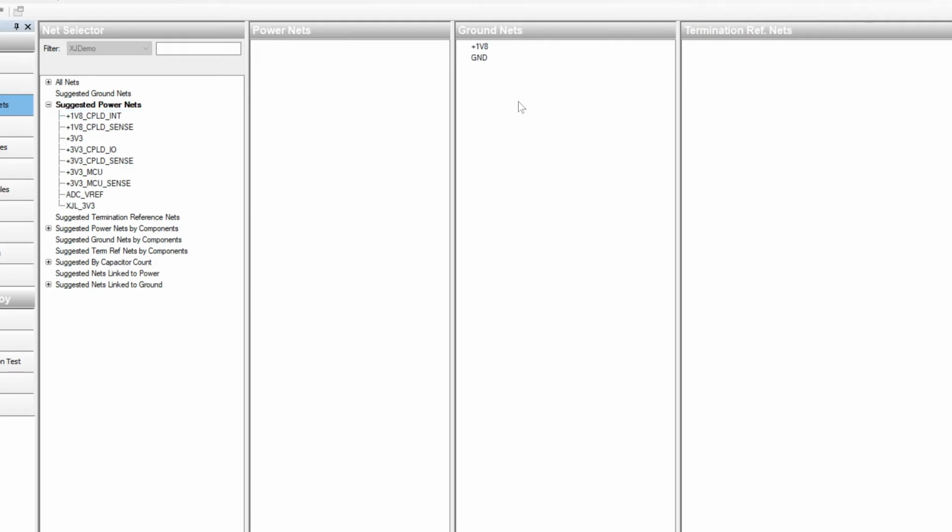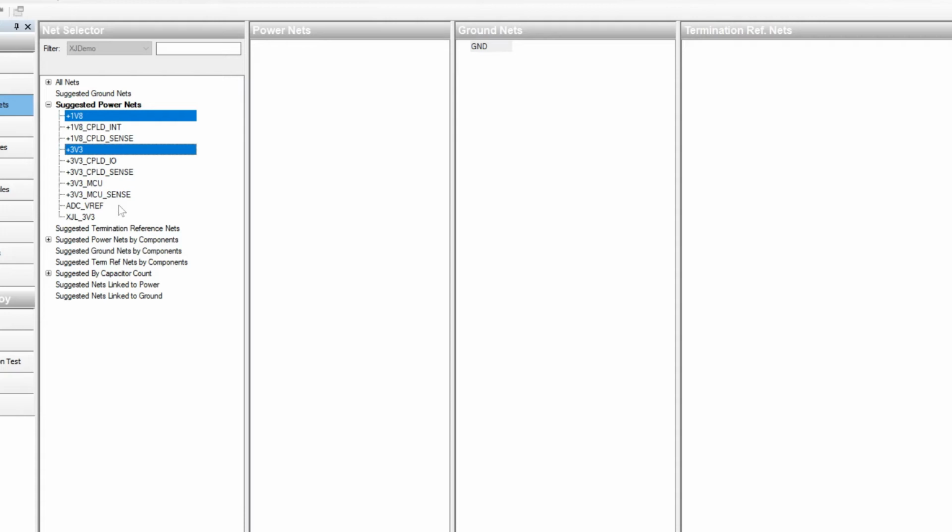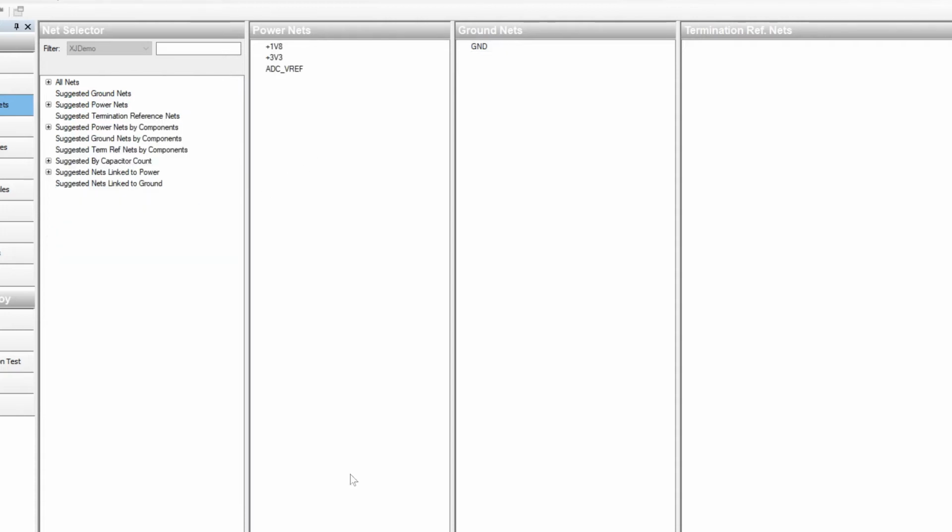If you accidentally put it in the wrong place, just drag it to the correct one or back into the Net Selector area. But make sure it's only power rails you move over. This circuit has 3 sense lines that provide inputs to the ADC, and they've been picked up here because of their names. Those are not power rails, so they're going to remain uncategorized. And I should add that if you've got negative rails in your circuit, just treat them the same as positive rails and categorize them as power nets.